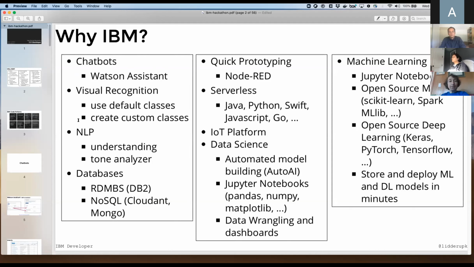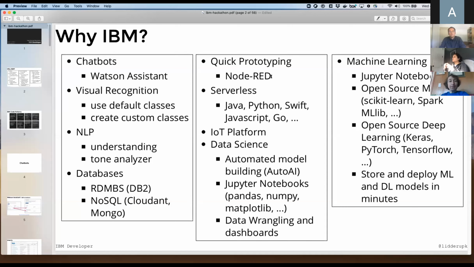If you wanted to do something with images, we have visual recognition. We have things to process language. We have some databases that you can use. If you wanted to prototype really quickly, you can use a service called Node-RED, and this one is really fun as well. I can jump into that, especially at a hackathon when you're trying to build things in a quick way.